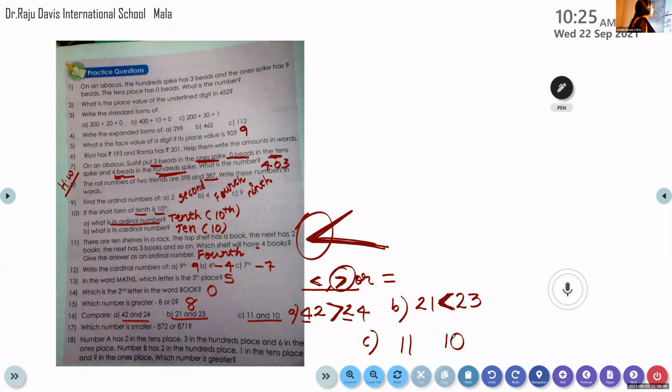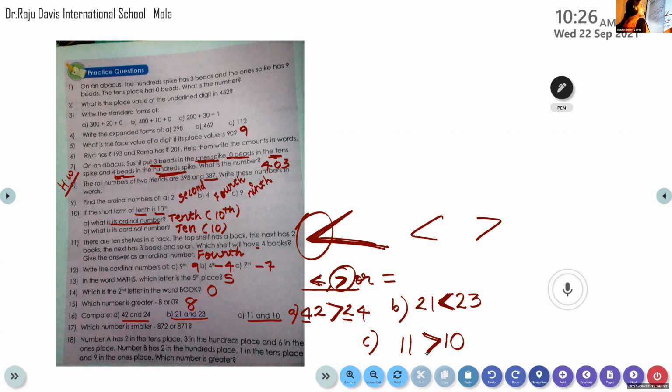That's right. Okay. So which symbol we have to use? First symbol or second symbol for greater than? Please unmute and say. Which symbol we have to use? Less than or greater than? First symbol, this one or this one? First one or second one? Second one. Correct answer, my dear. 11 is greater than 10. Good.